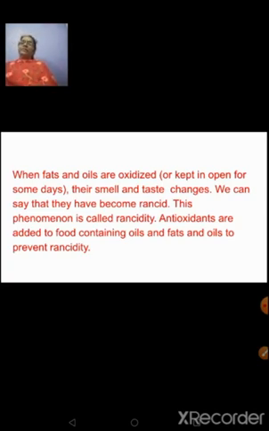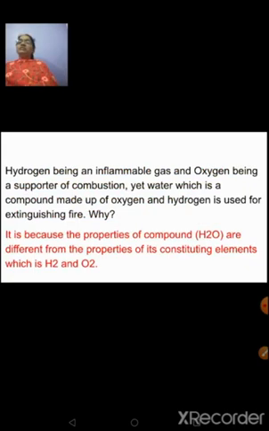Okay, now next question. See, this is a very important question. Hydrogen is an inflammable gas and oxygen is a supporter of combustion, yet water, which is a compound made up of oxygen and hydrogen, is used for extinguishing fire. Why? What should be the reason for this? Because